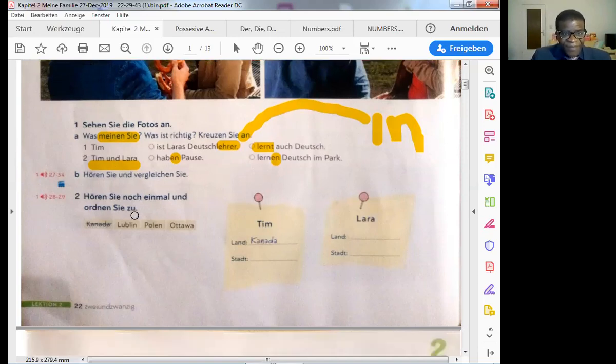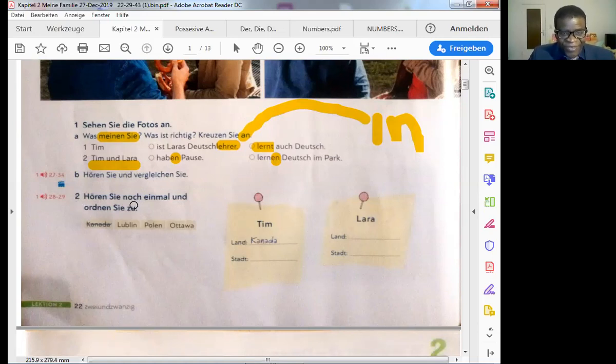Here we go. These are the CDs. Please, if you don't have this book, you want to get one so that you can access the CDs. Hören Sie und vergleichen Sie. Listen and compare. Vergleichen is to compare. Write down the new verb. But we don't have a CD. It's all right. I'm interested at the moment in unveiling what is behind the language. Listening, you want to do at your own time.